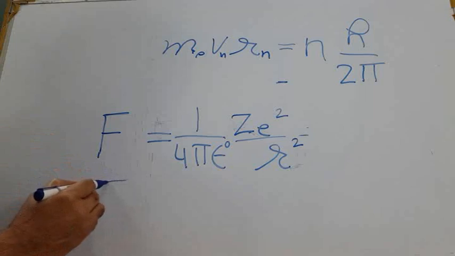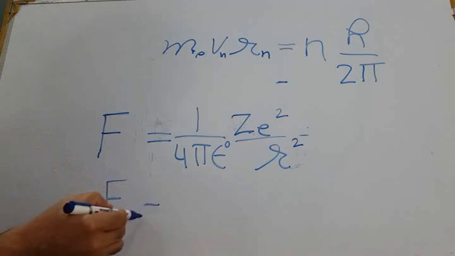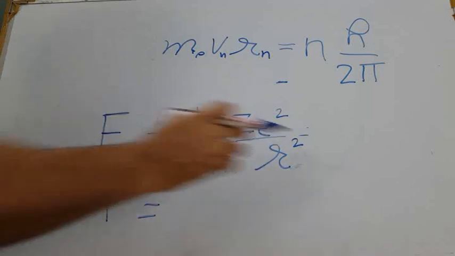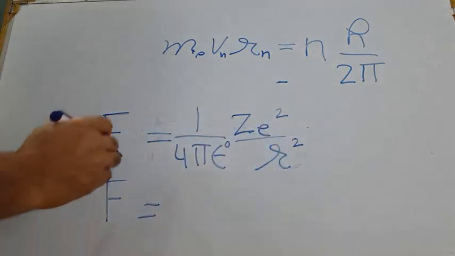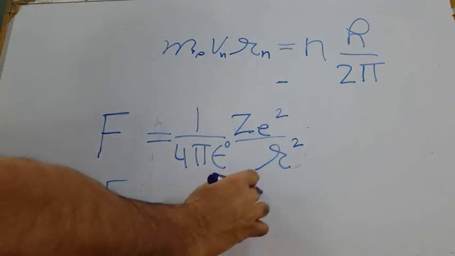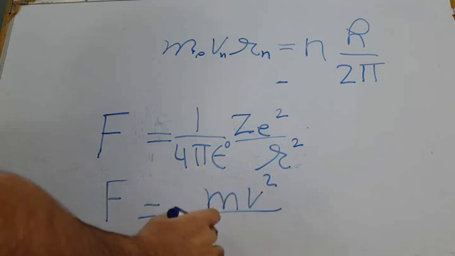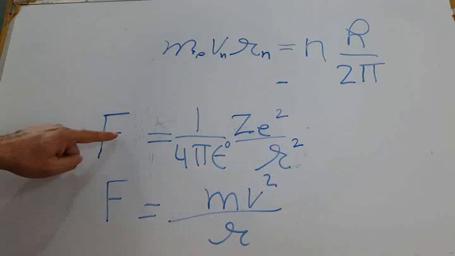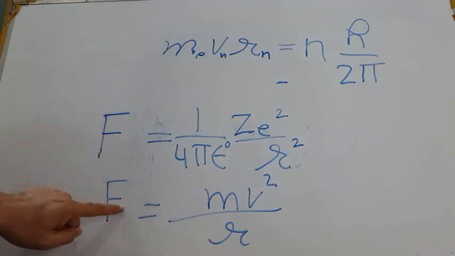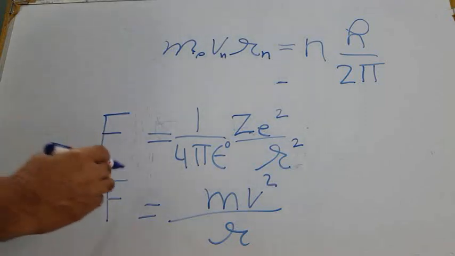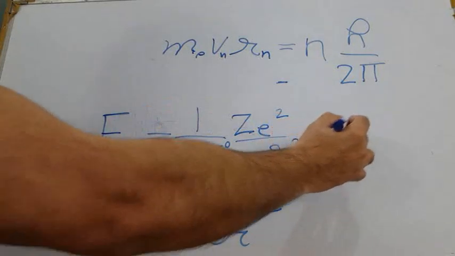And what's another law? That force of, this centrifugal force. This is the force of attraction. And centrifugal force is given by what? That is mv square upon r. Here this force must be equal to this force, then the electron would remain in the same orbit. Means this should be equal to